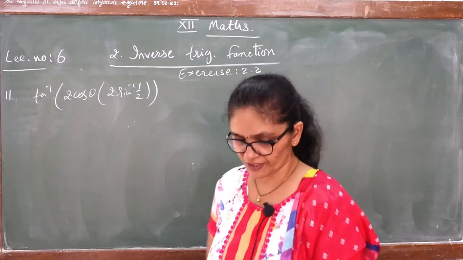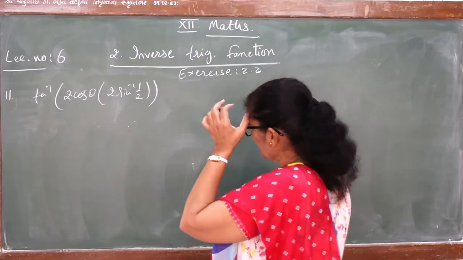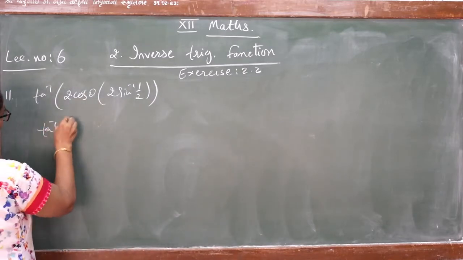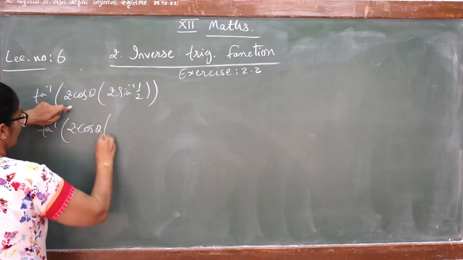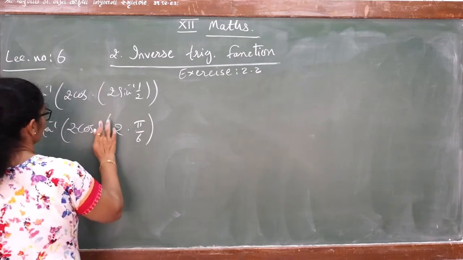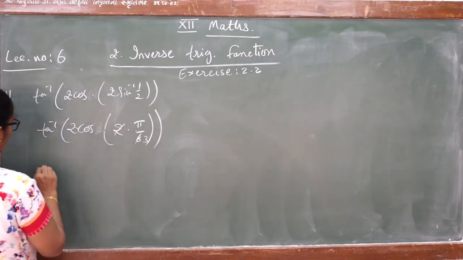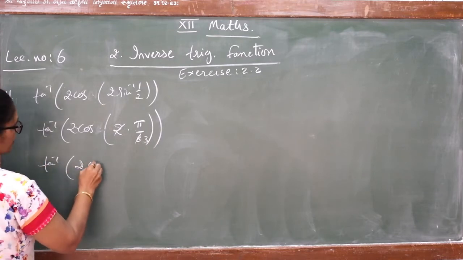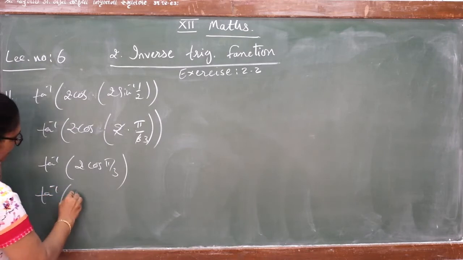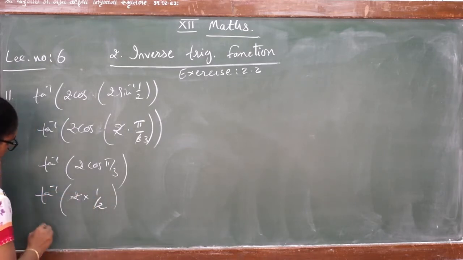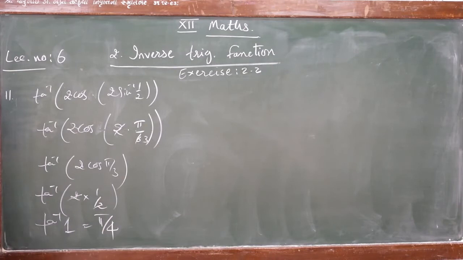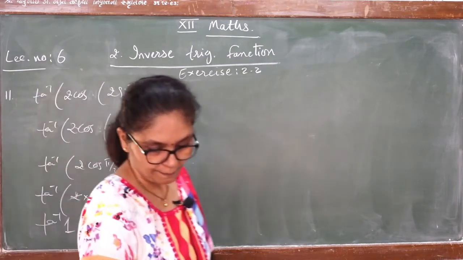Okay, 2 sine inverse half. First of all, sine inverse half: for which trigonometric value is sine half? Pi by 6. So we can write the first 2 letters as it is, and here 2 into pi by 6, this way you get pi by 3. So tan inverse 2 cos, what is it? Pi by 3. Now you all know cos pi by 3 is again half. So half and 2 cancel, tan inverse 1, and tan inverse 1 is pi by 4. So the simplest form is pi by 4.